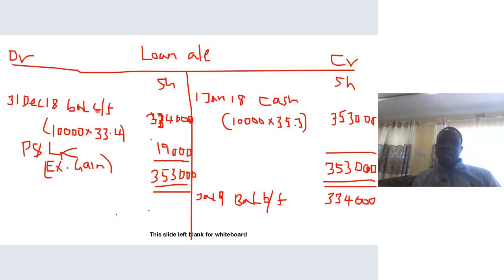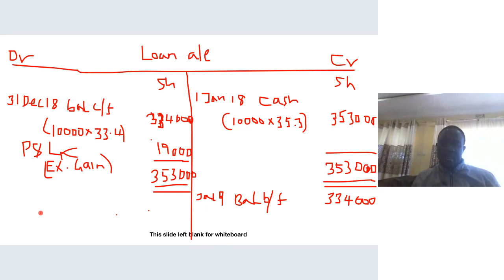What we had here was the balance carried forward in December 2018. Now, when we move to January 2019, that is what we have. The balance brought forward of 334,000 shillings. Remember, now in 2019, there is no other transaction that took place, but we are told that